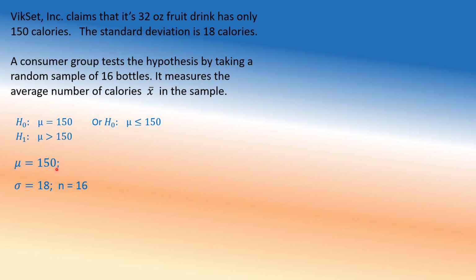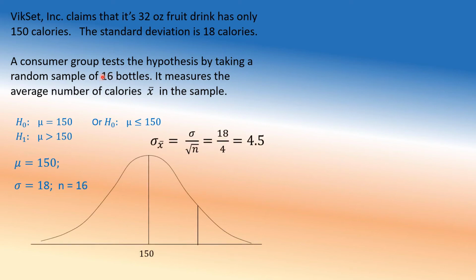So our mean is 150, sigma is 18, and the sample size is 16. And with that, we have this more information. Sigma x bar equals, again, this is from the central limit theorem, from sampling, and you must know this before you move forward because these are the key things. I have videos on this, or you can watch some other videos or read your books, and also on the normal distribution too. Same thing applies. But we are not going to spend time here explaining these things, otherwise this video becomes very long. So we're just going to move along.